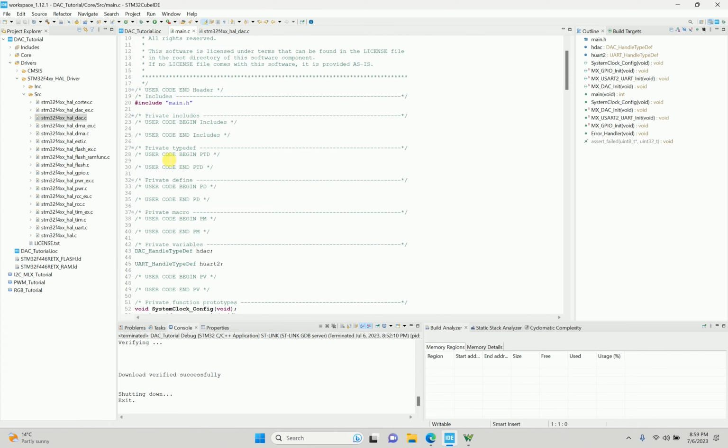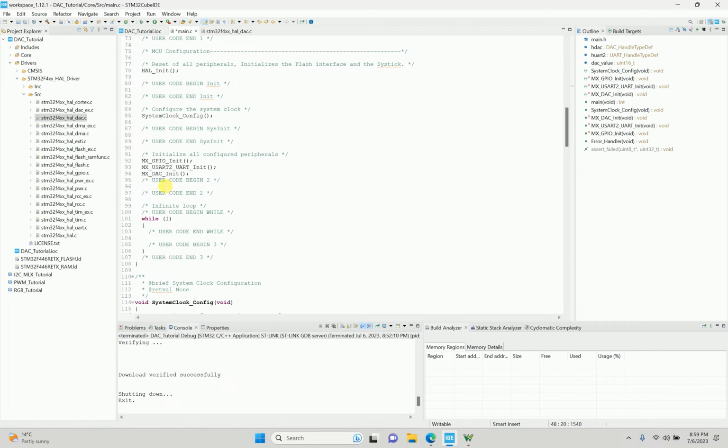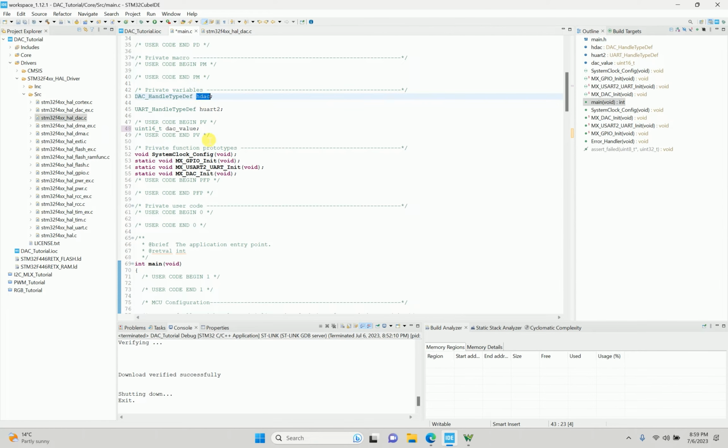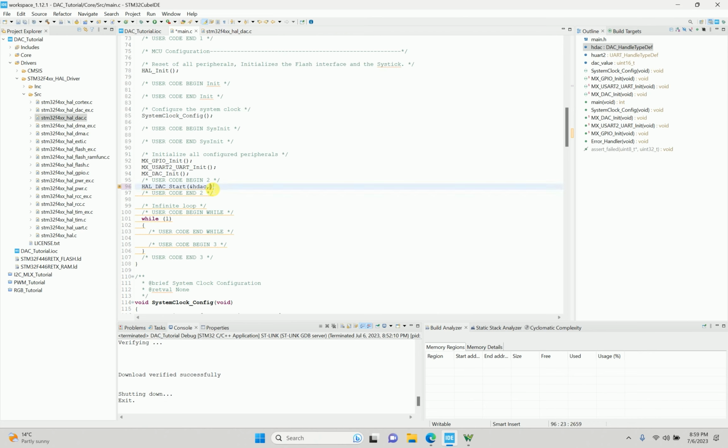So just to make it a little more interactive, I'll define a variable over here as DAC value, and then coming over here I'll initialize that. This is my handle type over here, hdac, and then it takes another parameter as the channel, which is DAC_CHANNEL_2,